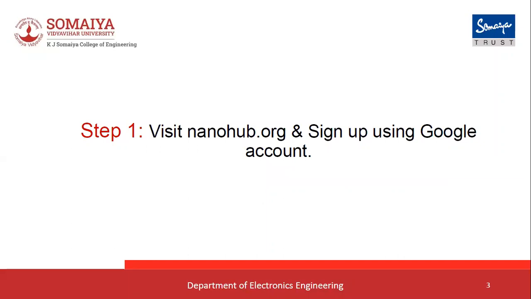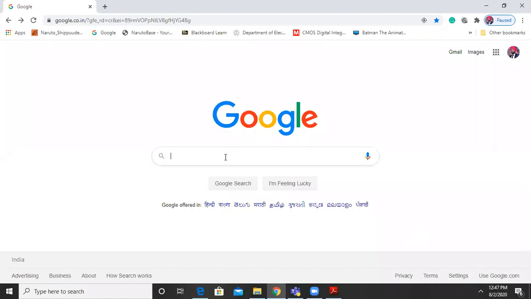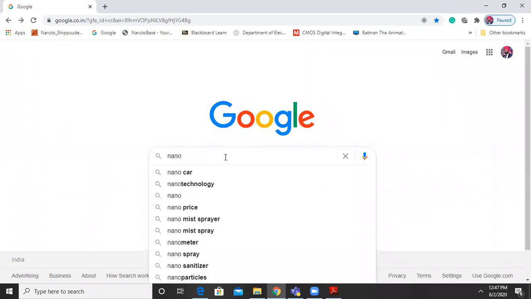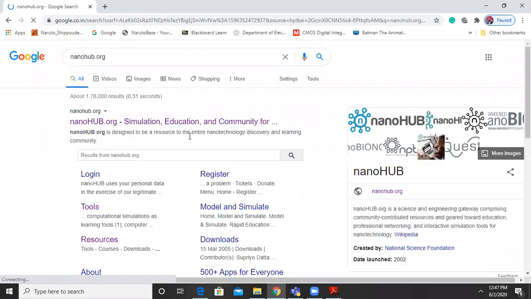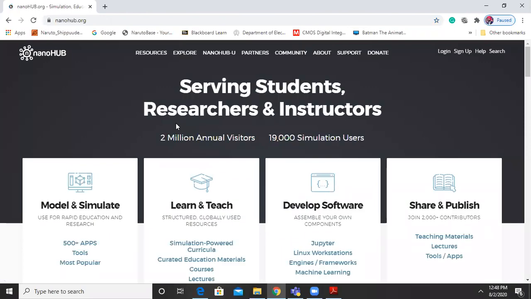So the very first step is visit nanohub.org and sign up using Google account. So we will search nanohub.org in Google. So this is the browser, it will come. We have to select and open up nanohub.org.